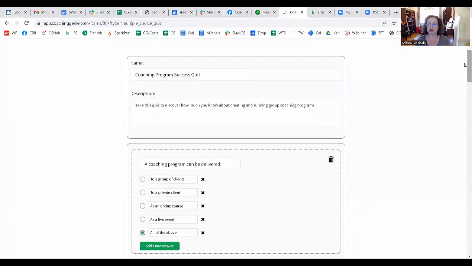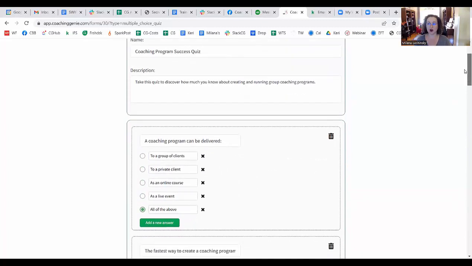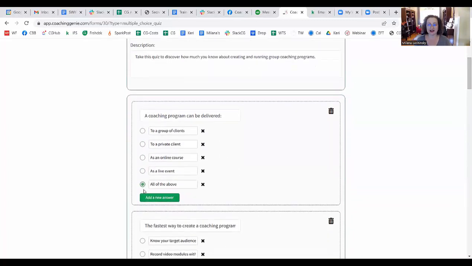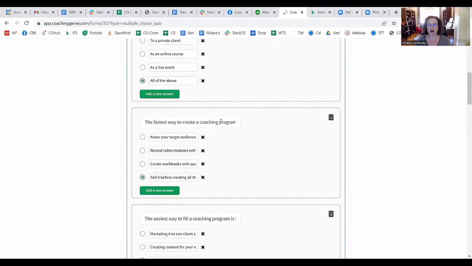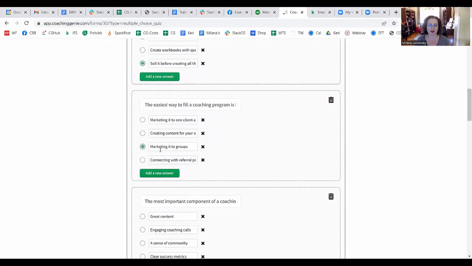And as you're building your form, what you are asked to do is indicate the correct answer, right? So you just have to enter your question, enter the choices, multiple choices, and then select which answer is correct so that the system knows how to calculate the results. So every question has an indicator of the correct answer, right? So here, this is the correct answer. So these are the forms.